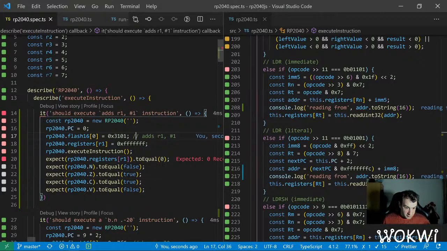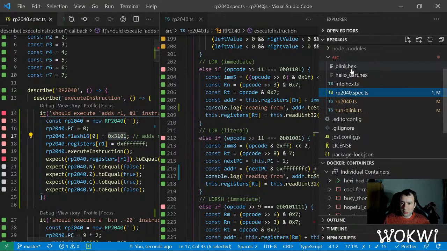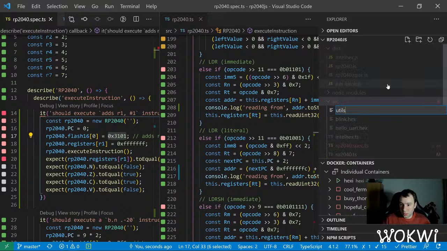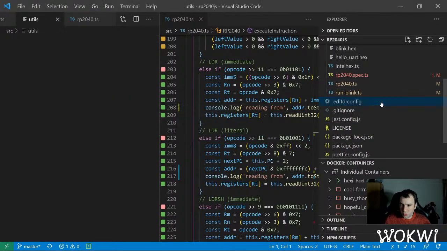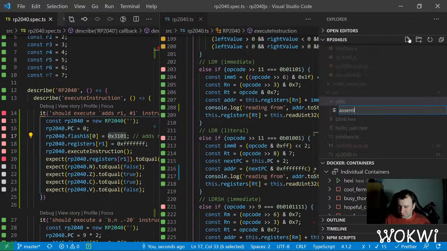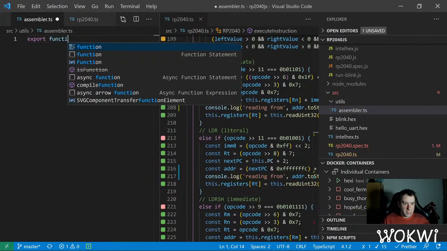And before we jump to implementing ADCS, what I would like to change is I don't like this use of magic constants. So we'll start creating our own mini assembler that will help us keep the test clean. Let's create a utils directory. No, a directory, not a file. Not a file directory. And let's call it assembler. Assembler.ts. And then we'll just create a bunch of